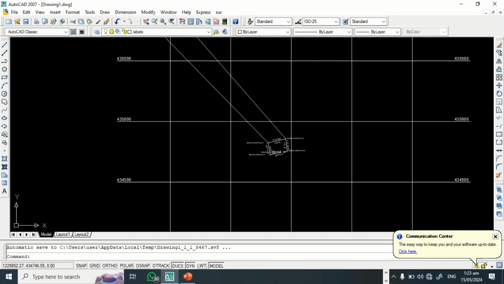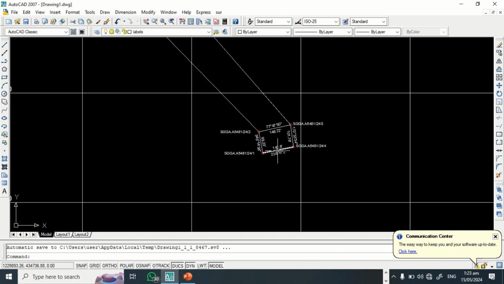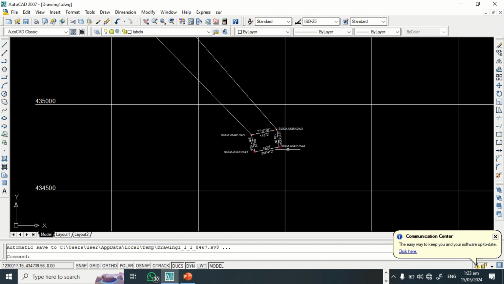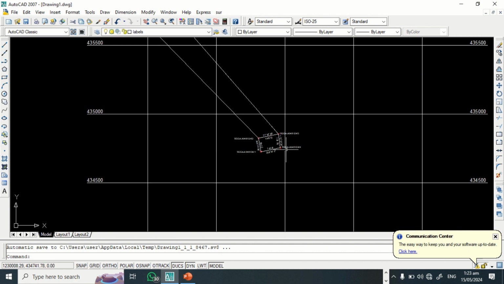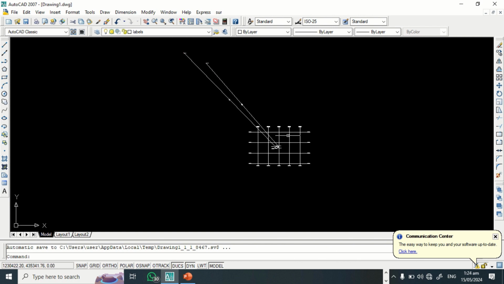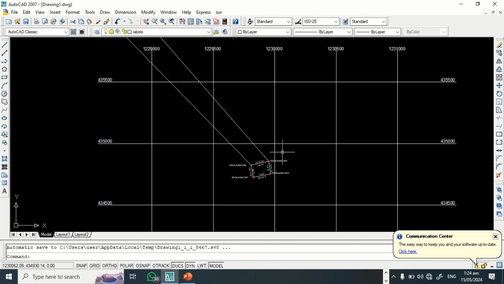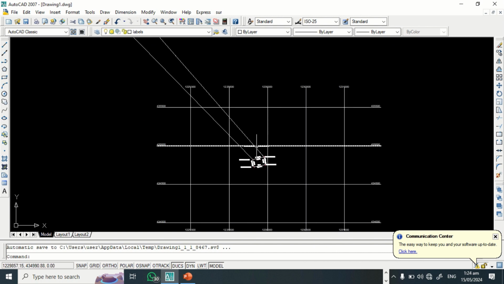You see now we have our grid values on the parcel, or the projection on the parcel. The next step is to put the cadastral template on this. To put the cadastral template,